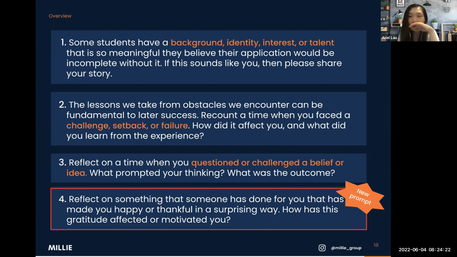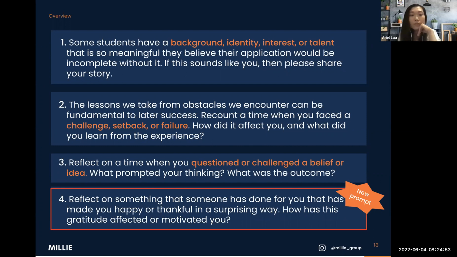I'm not undermining it, obviously. Failing a test, in your perspective, could be something that is really important to you and also changes you a lot. However, I think, as compared to other students' potential challenges, they're looking for something that is more difficult to overcome. So if you don't have any big obstacle like that in your life in general, I suggest not selecting this as a prompt.